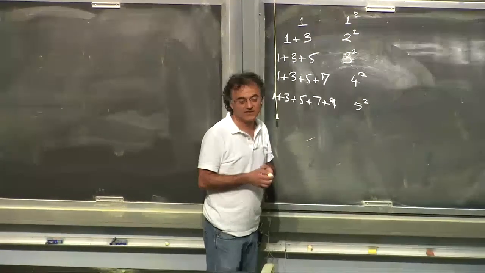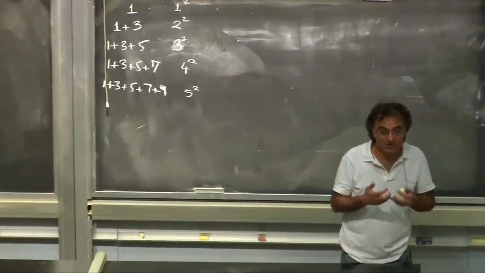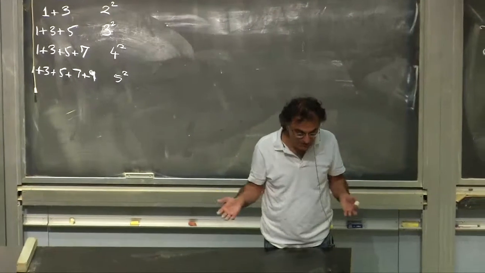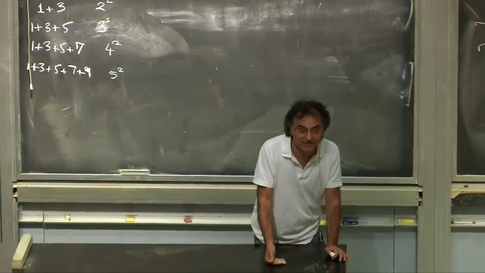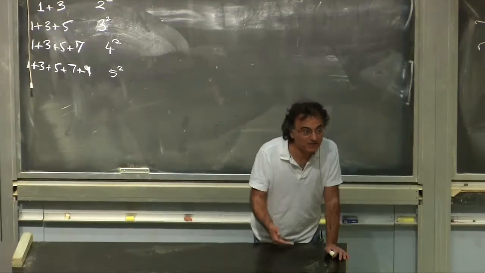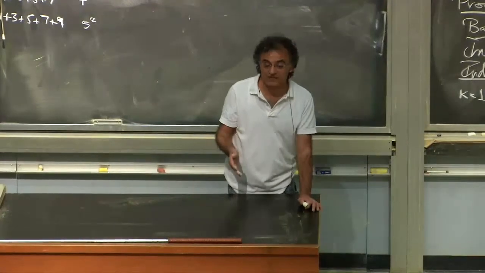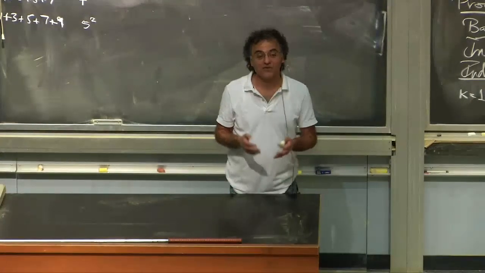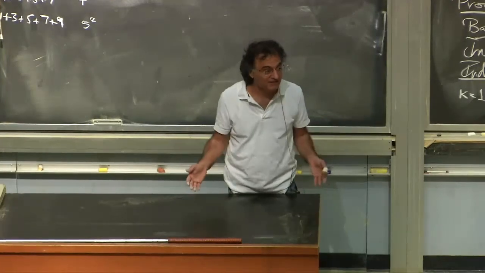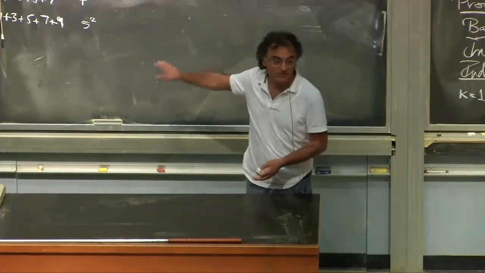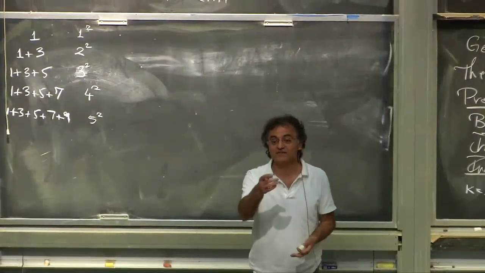Naively, you would think we are being asked to prove more, right? Before we were just being told to prove it's a perfect square. Now we're being asked to prove not only is it a perfect square, but it's actually n squared. How do we know that we're being asked to prove more? Because after you're done proving that it's n squared, you could just step back and say, by the way, it follows that it's a perfect square, because n squared is a perfect square. It's trivial. So the previous conclusion follows from this one easily. We are doing more.